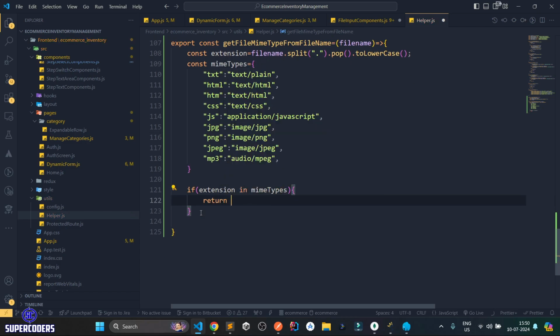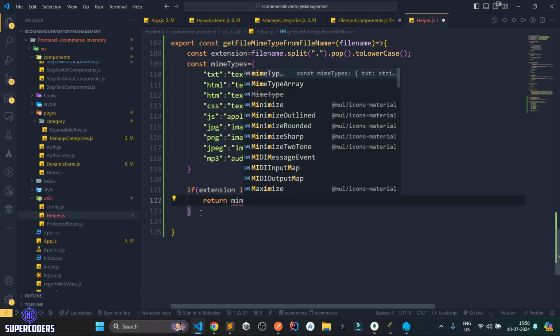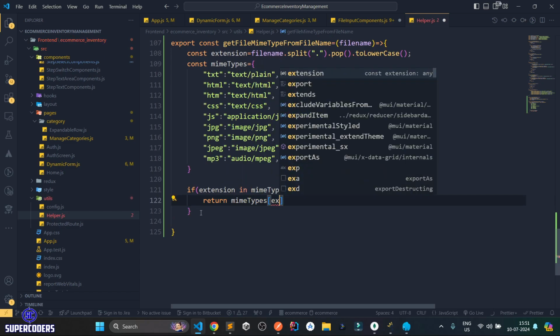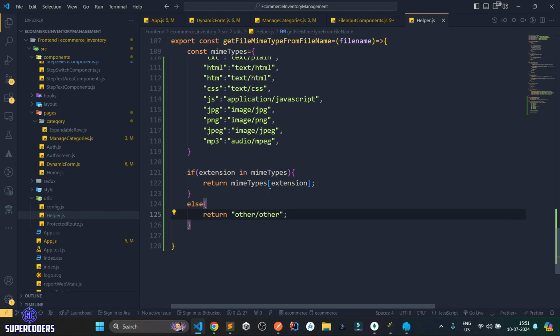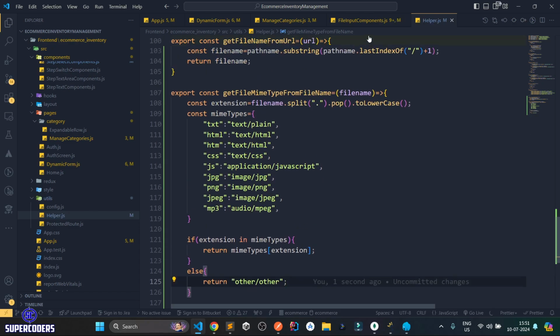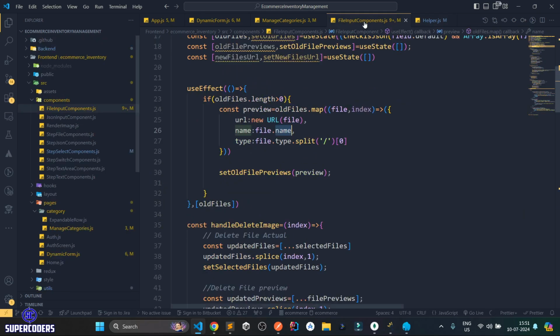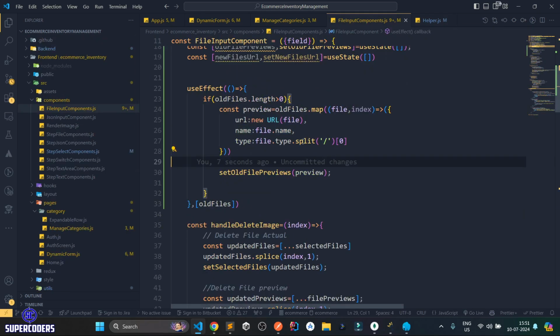Then simple, return my types extension, else return others. So save it. After that, come to your actual file input component, and here what I'm gonna do,